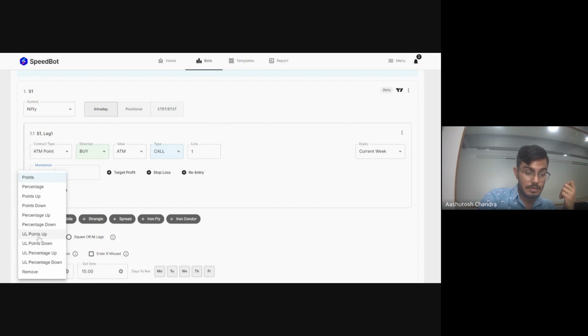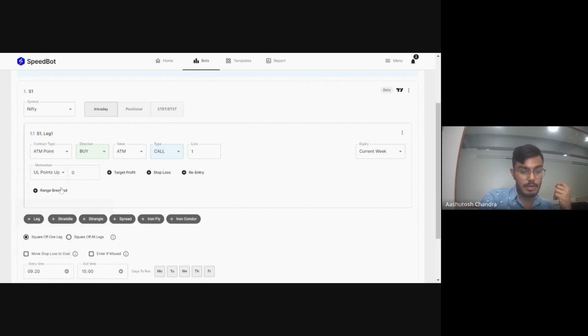So if I select this particular feature, whenever there is a momentum in the underlying Nifty symbol, for example, if the Nifty is 50 points up